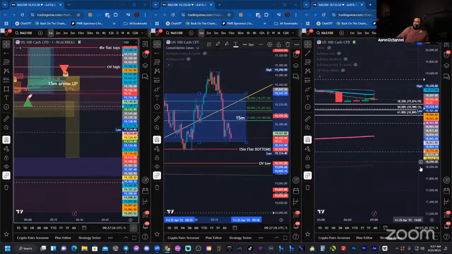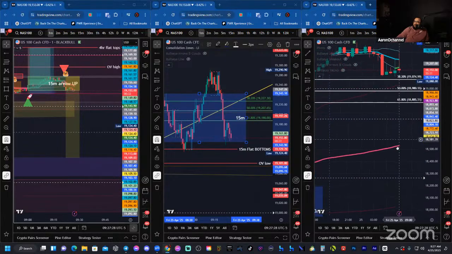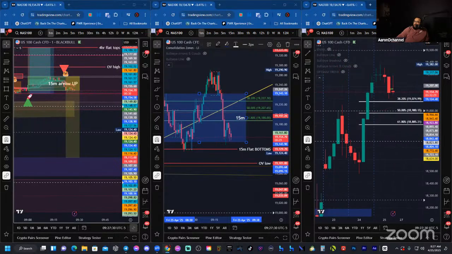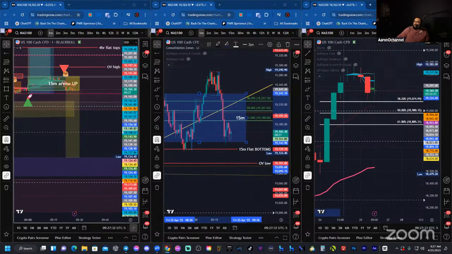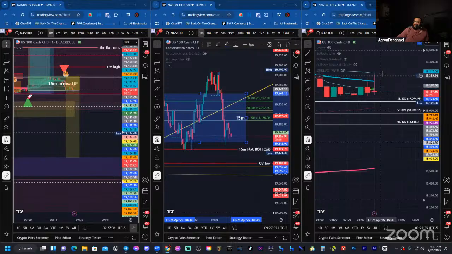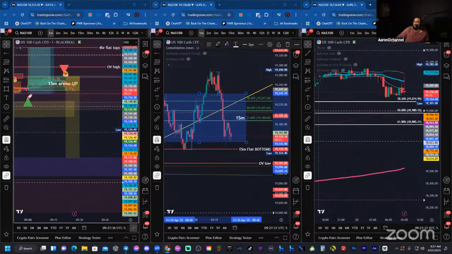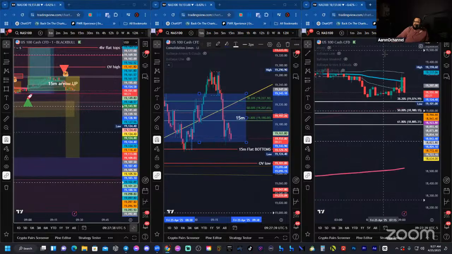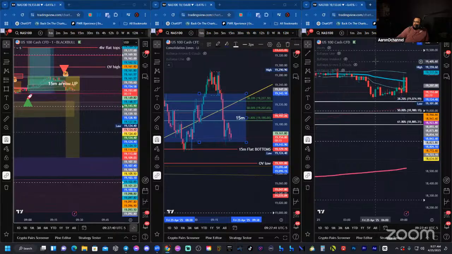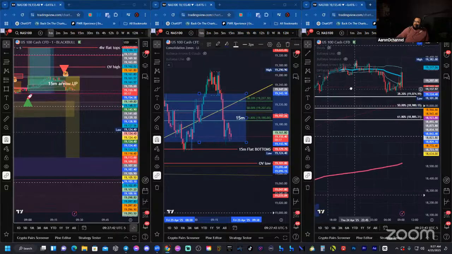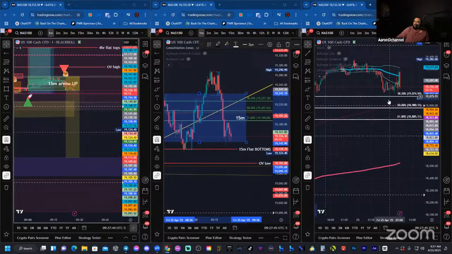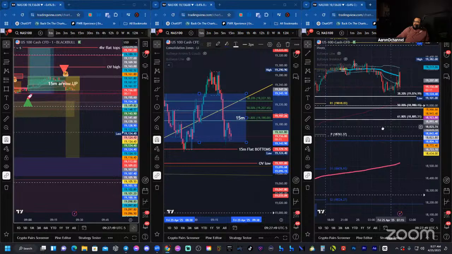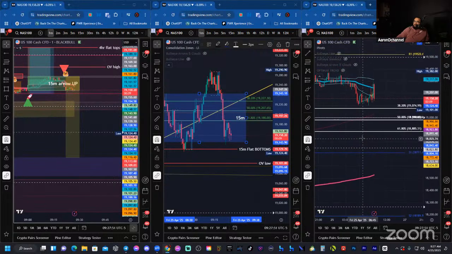But it's a beautiful wick to the top on the 1 hour time frame. If you look at the 4 hour, huge wick to the top at the moment. 30 minutes, wicks to the top. I mean, everything is just saying sell off. 15-minute tweezers. We'll see how these fib levels here react if we get down to them, and the pivot point, right? So we'll see what happens. We could see this thing just bounce right up from here. We don't know. We shall see.